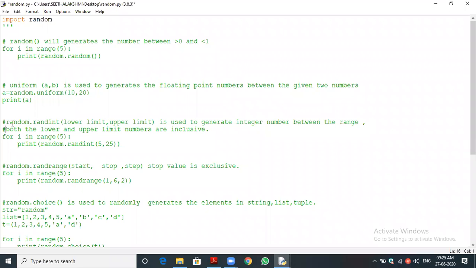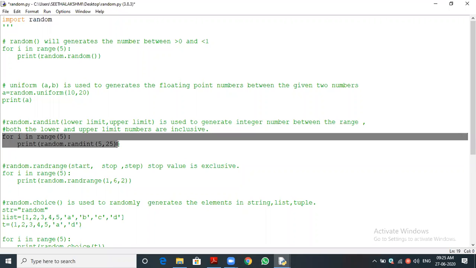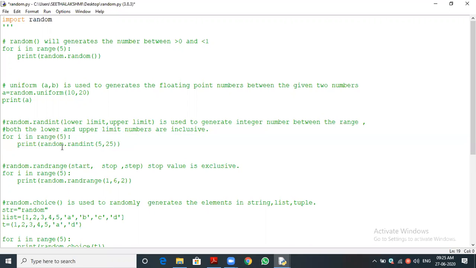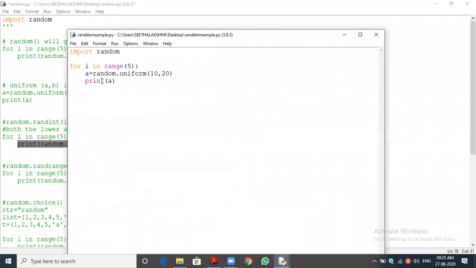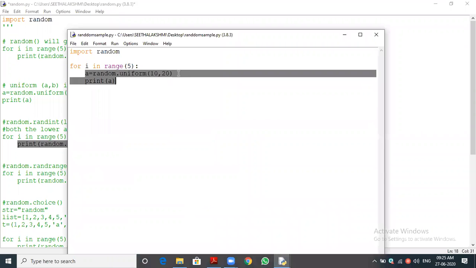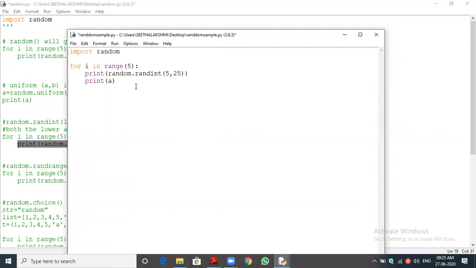Okay, so let me use this one. I'm just copying this. Directly I'm just printing it, so the random function will generate and print the numbers.